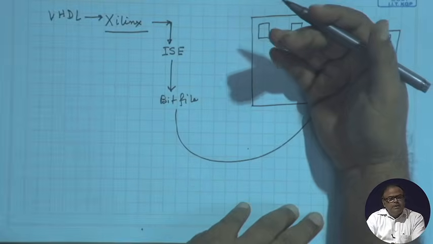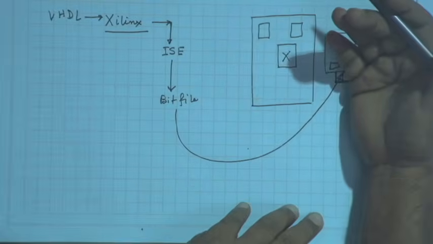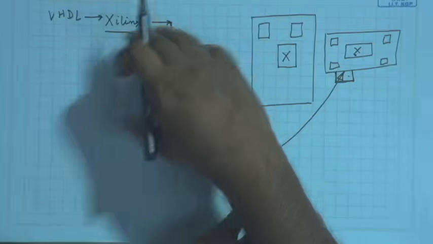We first write it in some high level language, high level means synthesizable high level language, which is VHDL. Verilog is also used. So, using that I compile it, I describe the behavior and then put it in. Now, after I put this, whatever I have done now is something like this,